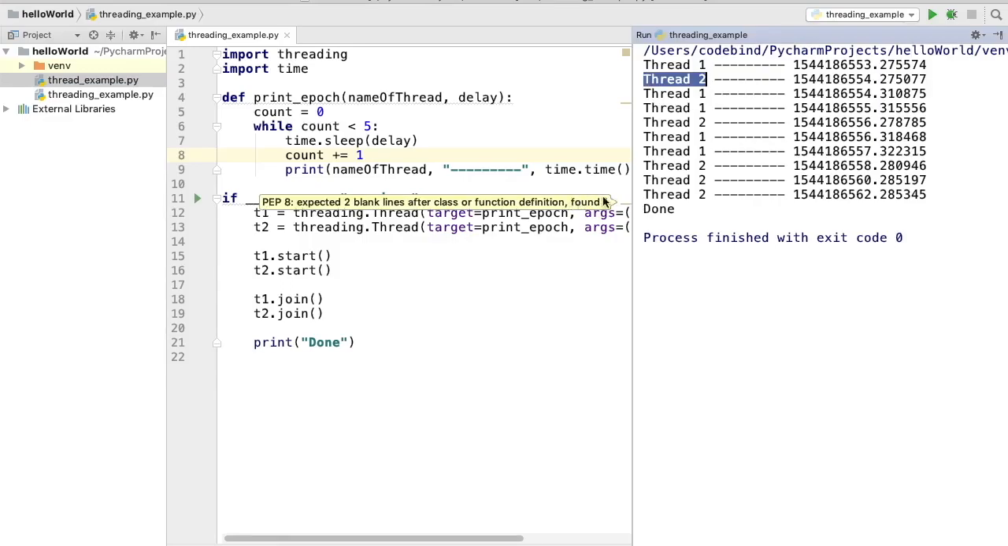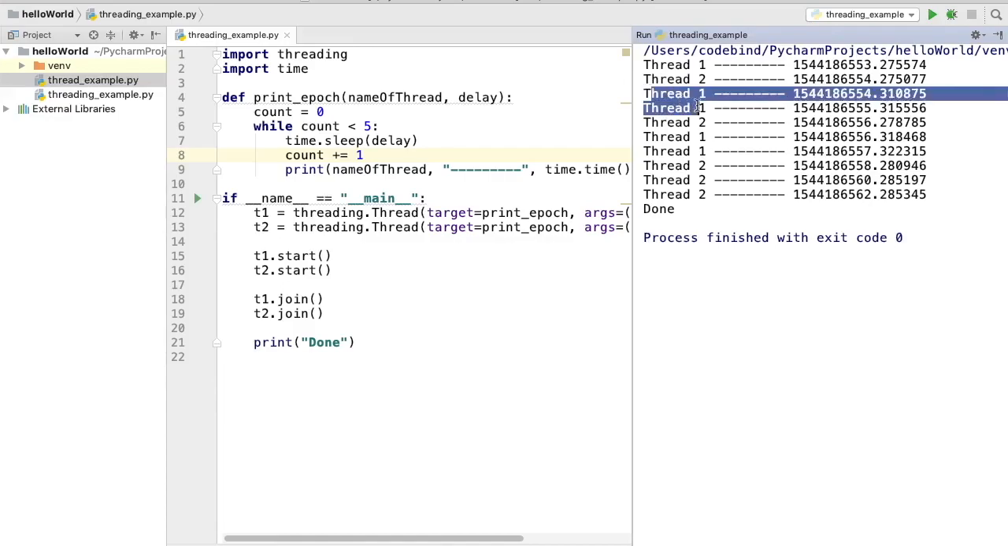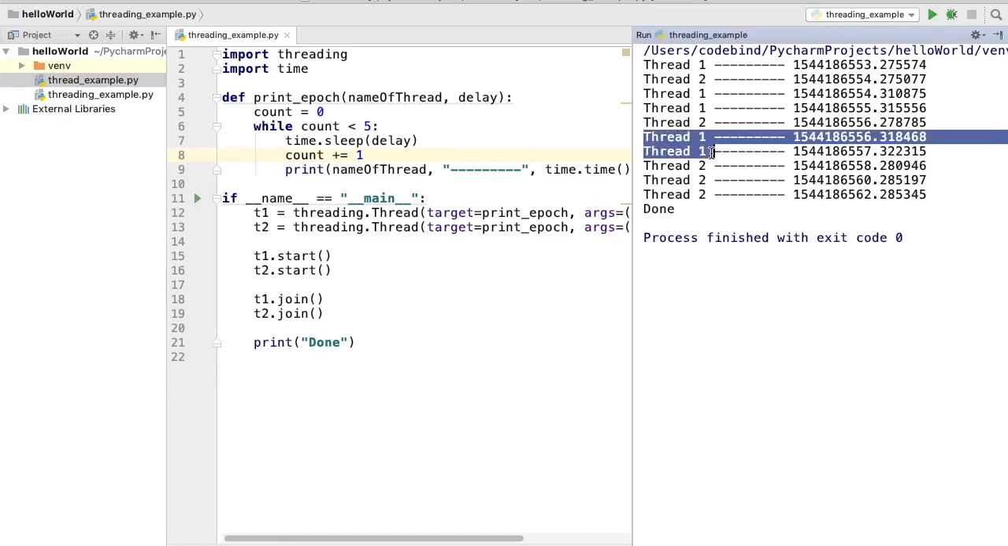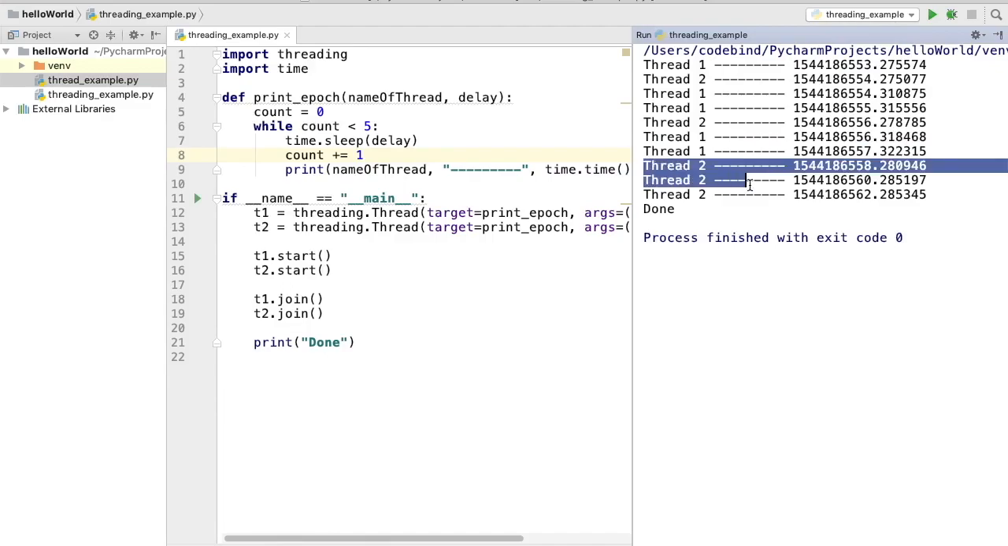And because we have given different intervals for thread 1 and thread 2, that's why we can see that thread 1 is printed and then thread 2, and then thread 1 is printed 2 times, and then thread 2 is printed, and then thread 1 is printed once again 2 times, and then the rest of the thread 2 outputs are